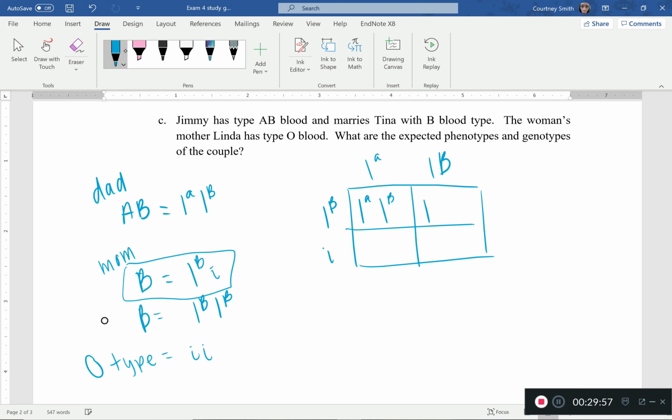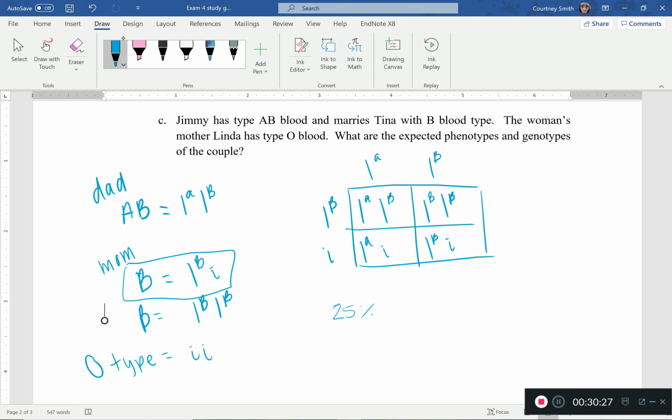You don't have to, but I highly recommend it. Okay, so based off of the Punnett square, you have a 25% chance